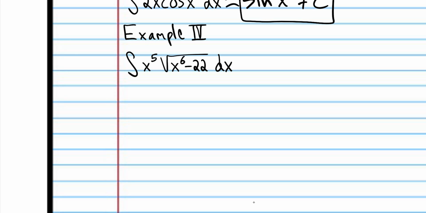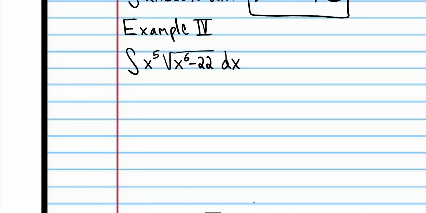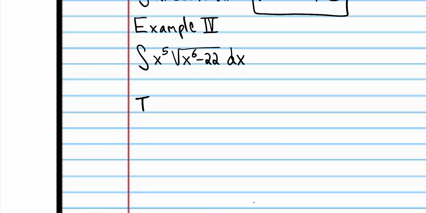We're going to change the variables. We're going to change the x's to u's, or we're going to change this expression so that instead of being written in terms of x, it's going to be written in terms of u's. And because we always use u as our new variable, we often call this u substitution. And the whole point is to create an expression in terms of u that is easier to find the antiderivative of. So step number one